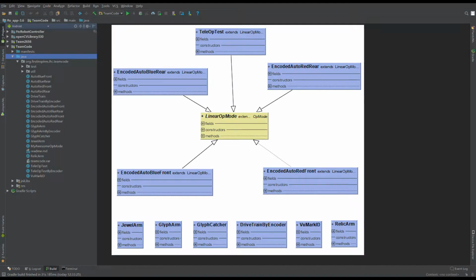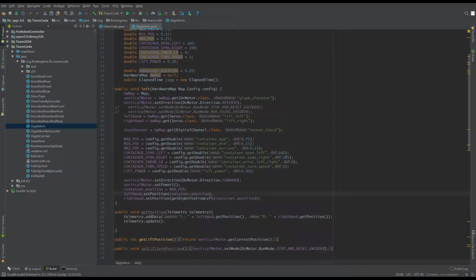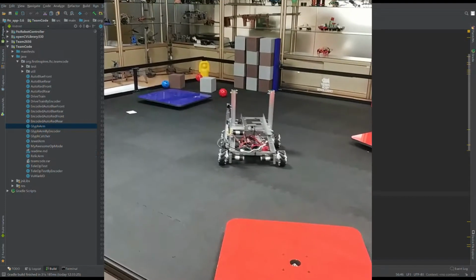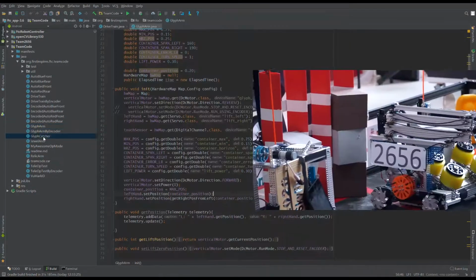In this way, the hardware person and the software person can correspond to one component, and they can relate to only one class, and they can develop their own part independently, which is very convenient for division of labor and cooperation. The components of the robot mainly include the chassis drivetrain class, the glyph arm class, which is responsible for